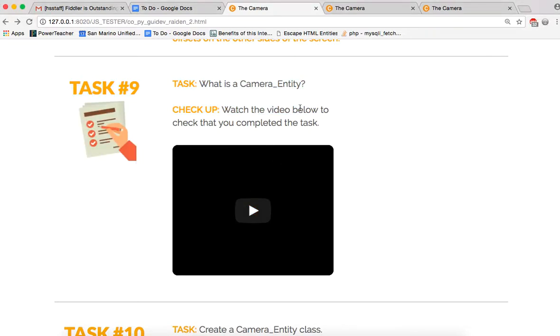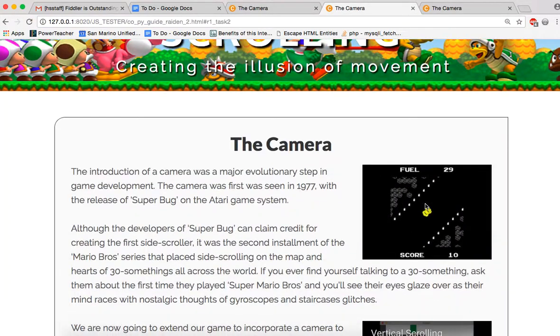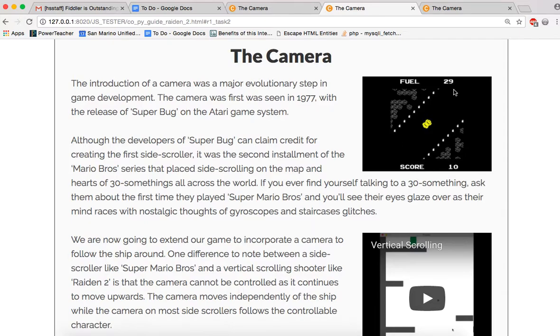So the question is, what is a camera entity? Yeah, so what is a camera entity? Well, in a game like Superbug, where you have the car in the center of the screen at all times,